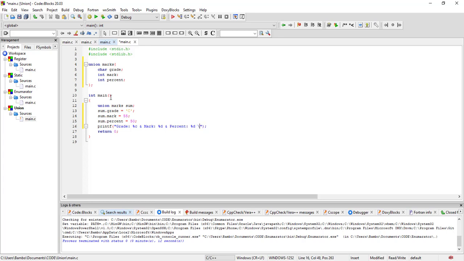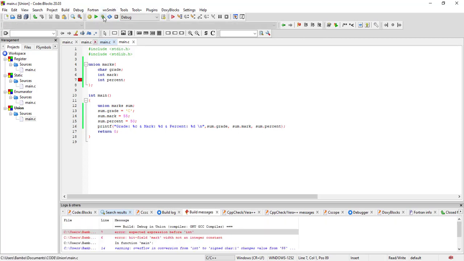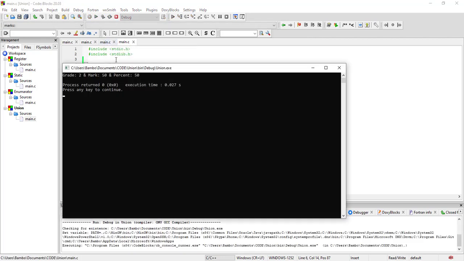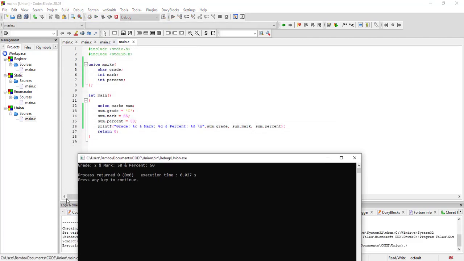Given that, we then also need to put these values: sum.grade, sum.mark, and lastly sum.percent, like that. If we run this, I put the wrong delimiter. Okay, so now that this is done,